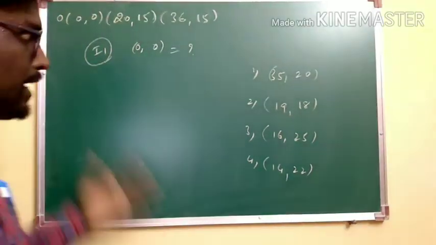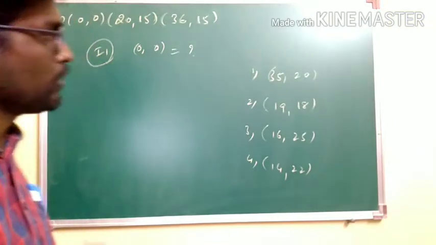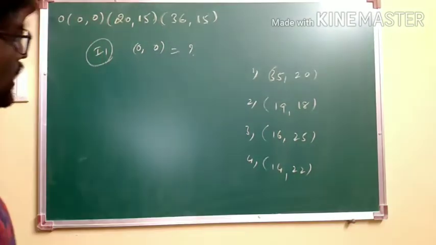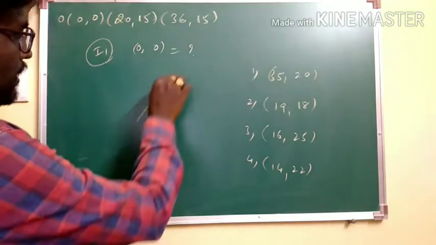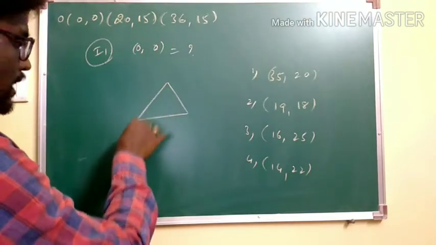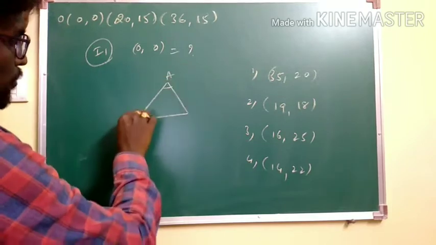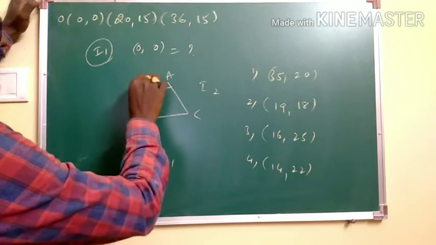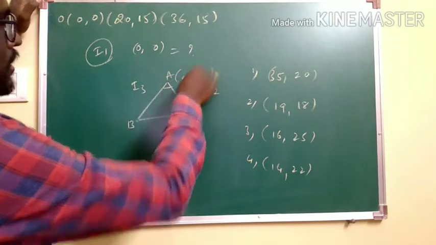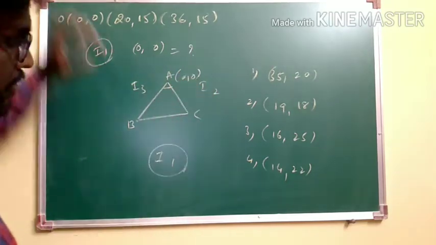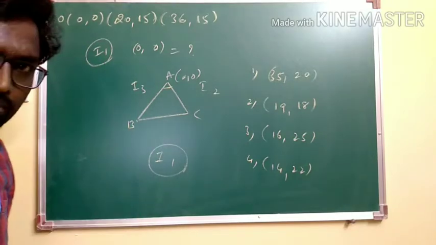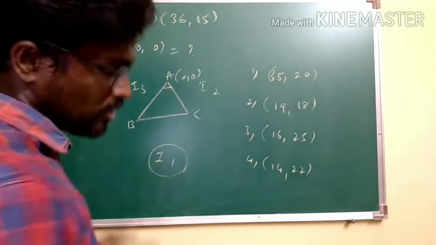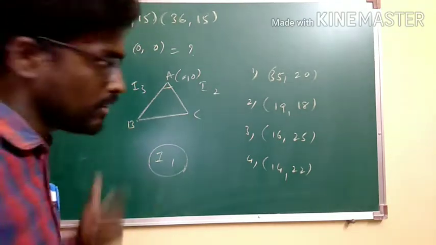Here I'm not going to explain the entire problem. I'll just give you the idea and leave it for you. You can do it yourself, okay? Because we have been doing many such applications. When we are dealing with the excenter of a triangle, we get three excenters: one opposite to vertex A, one opposite to vertex B, and one opposite to vertex C: I1, I2, and I3. If A is 0, 0, we are now supposed to calculate the coordinates of I1. To find it, I have given you the standard formula with the help of the in-center formula.